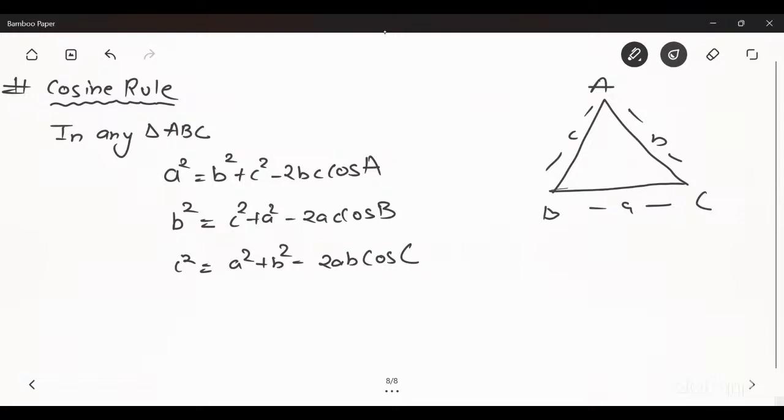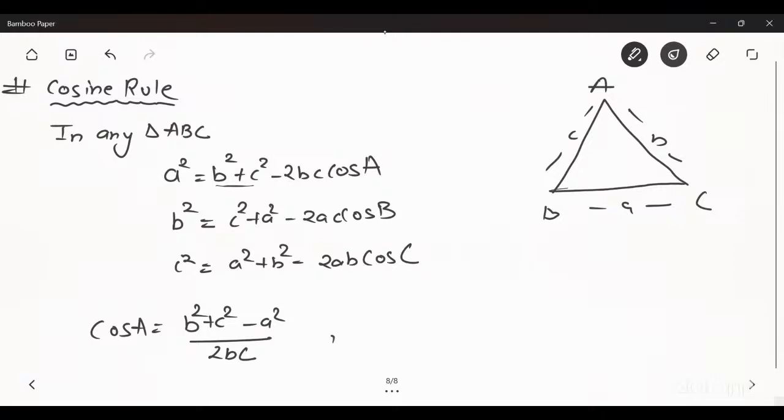Now, if you want to find the single value of cos A, then b square plus c square come to left hand side, and the value will become a square minus b square minus c square, and this minus 2bc come in denominator. So the value of cos A became b square plus c square minus a square upon 2bc,